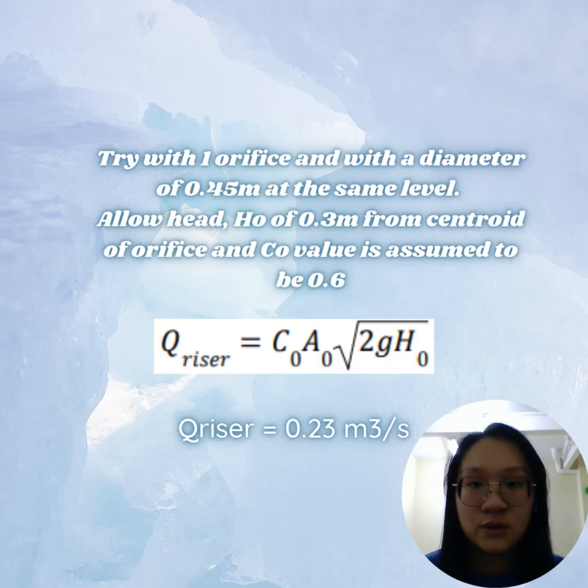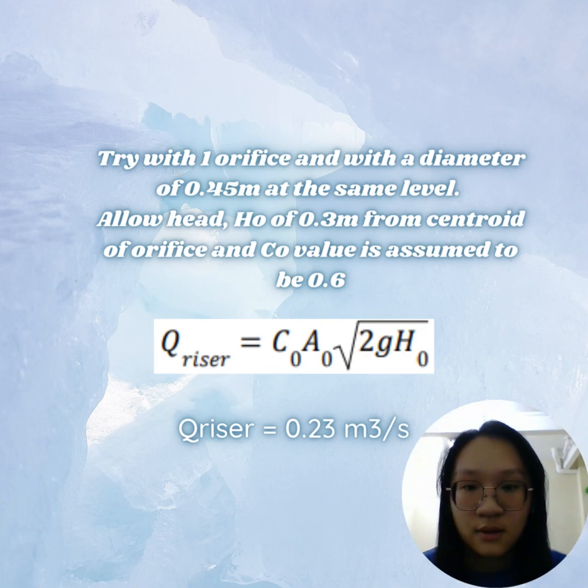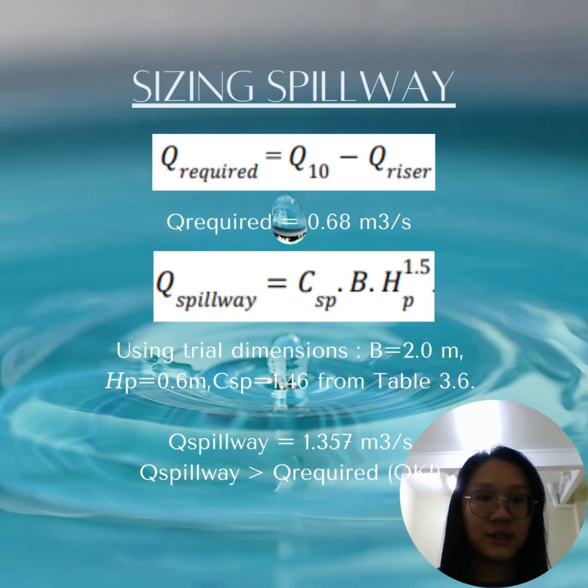Next, try with one orifice with a diameter of 0.45 meter at the same level. The head is 0.3 meter from the center of the orifice and the Co value is assumed to be 0.6. Then Q riser is calculated using this formula and we get 0.23 cubic meters per second. Next, for sizing the spillway, Q required is equal to Q10 minus Q riser and we get 0.68 cubic meters